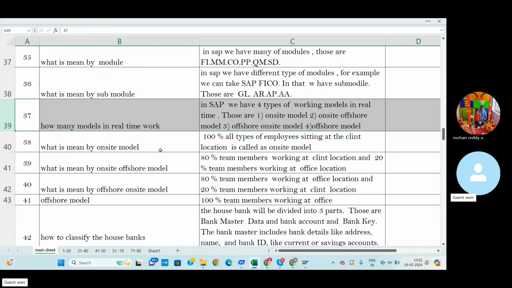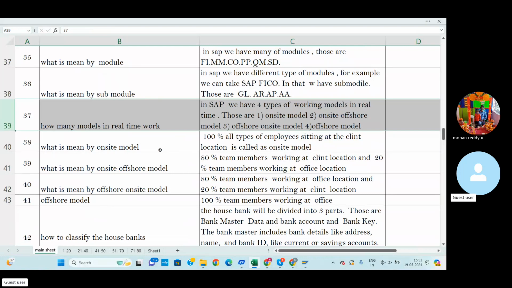In this on-site model, almost 100% of all types of employees sitting at the client location is called an on-site model. The client location is nothing but the manufacturing unit, the manufacturing organization location.